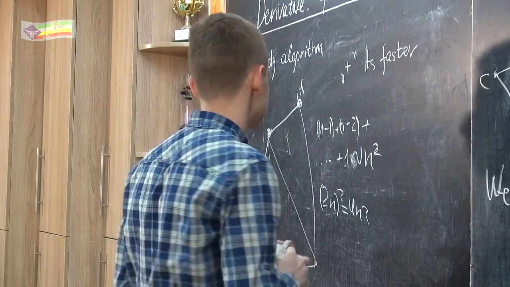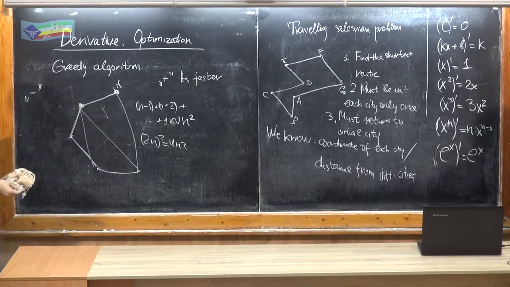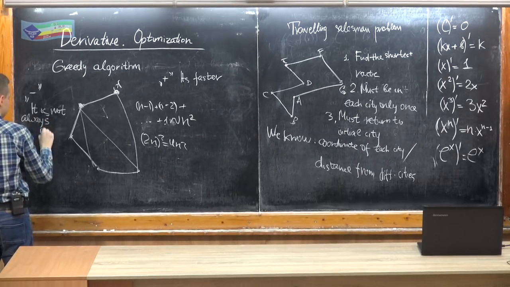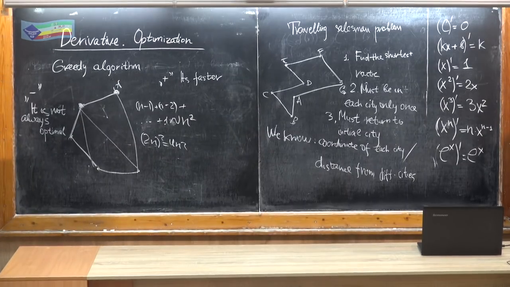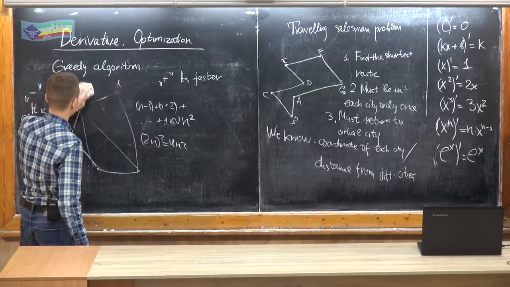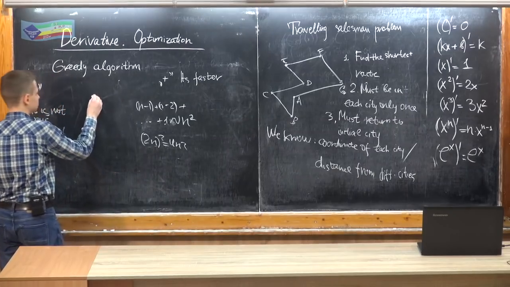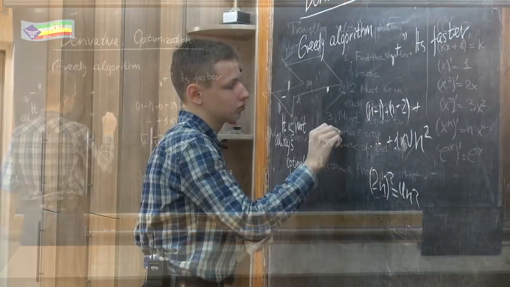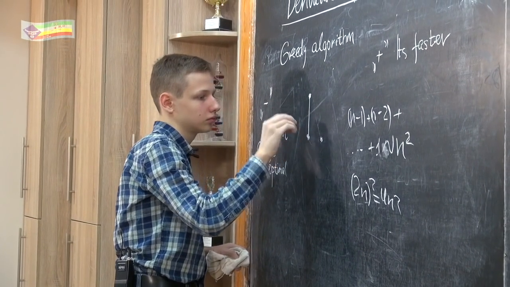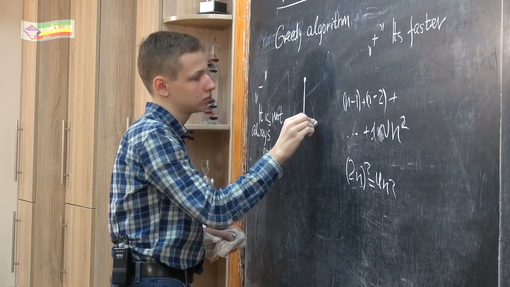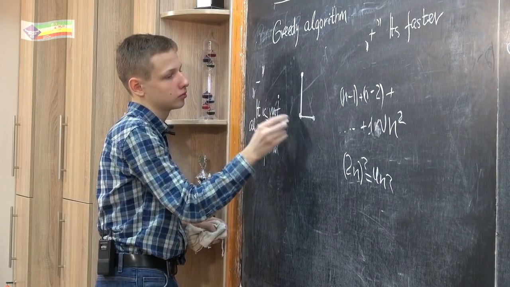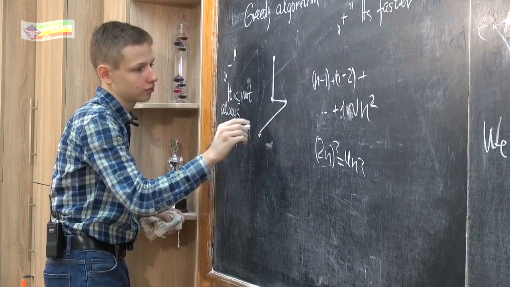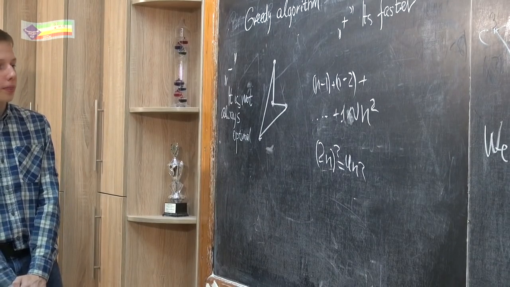Also, its disadvantage is that it's not always optimal. The result we are going to get is not optimal in all cases. Like, take a look at this. So we are going to this, then to the closest. And now so we can go